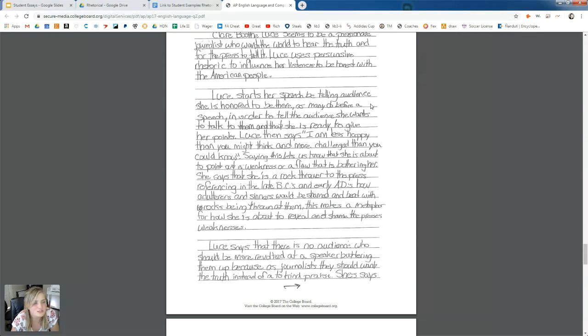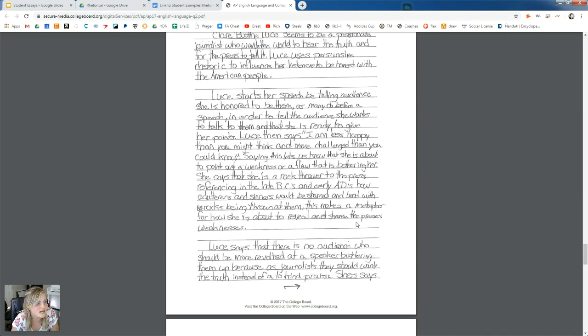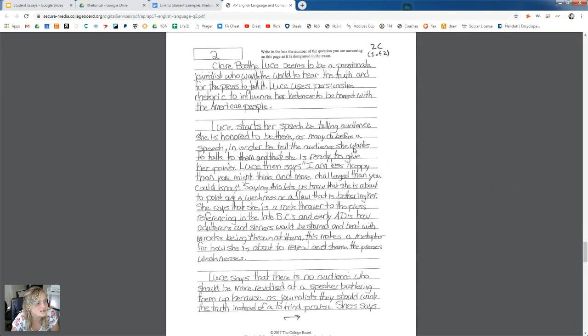So there's nothing particularly wrong with this paragraph, but just a little piece of advice. I would put this up there, because we didn't get to the point that she was referencing a metaphor until the very end of the paragraph, when typically you want your rhetorical analysis lined out at the beginning. But let's just keep going.